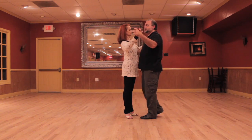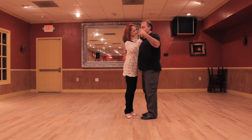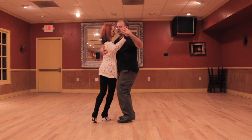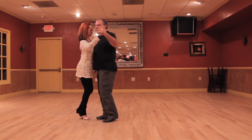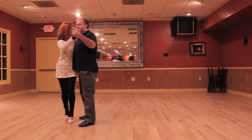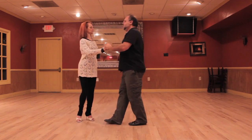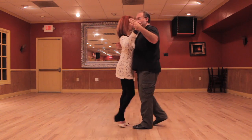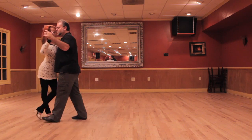I think it's easier to the open side here, but we can also do it on the other side. I like doing it over there, but it's not quite as natural a movement. One of the most important things here is distinguishing between the pivoting ochos and the walking ochos. So here, I'm actually giving some room to pivot, and I'm giving some circular energy to the embrace. So she's taking that time to pivot. Now, I would not do the linear Volcadas from here because it's going to end up looking like that to the side. It's going to end up feeling more like a fall. No, I'm not going to turn my upper body. I'm just going to walk on both sides of her. And then get the linear